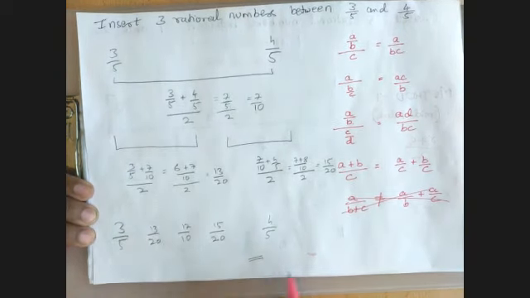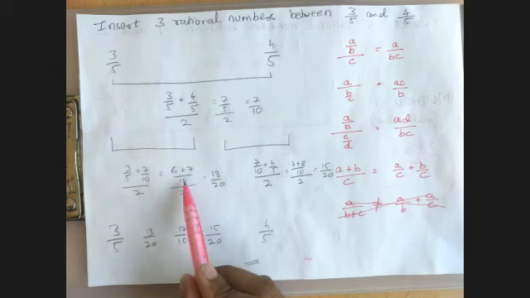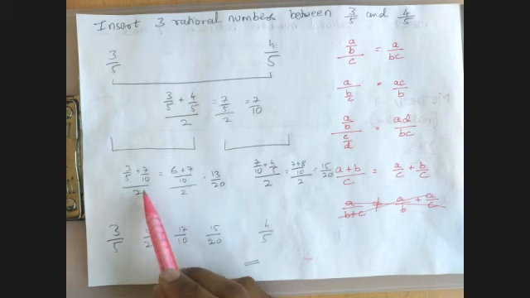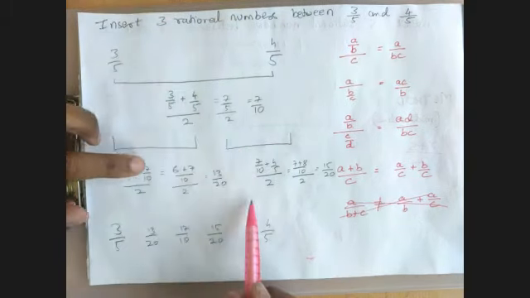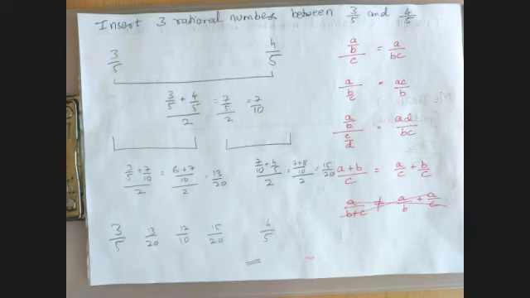So this is the answer. But I have some problem in taking LCM and writing the fractions each time. I get confused. So what do I do? I go for another method which is simpler. If there are more numbers, for 3 itself, it covered the whole page. Now, if it was 10 numbers or 5 numbers, that would take much more time and much more space in this method. So we will adopt another method.